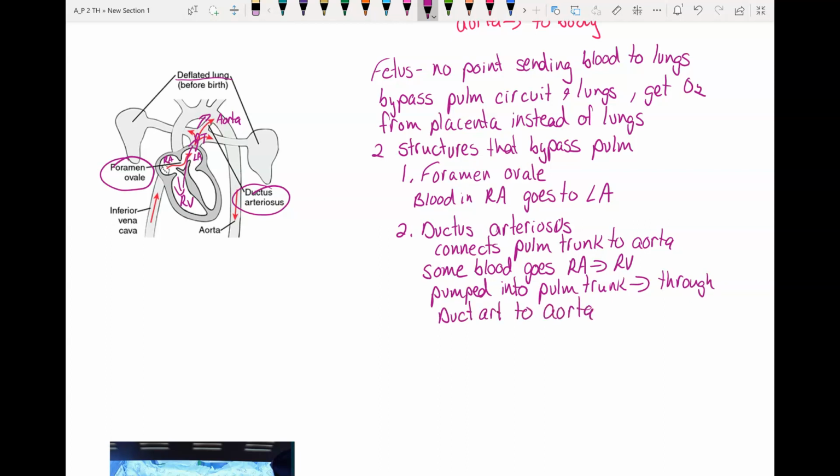So those are the two ways that you bypass the lungs and avoid the pulmonary circuit while you're getting oxygen